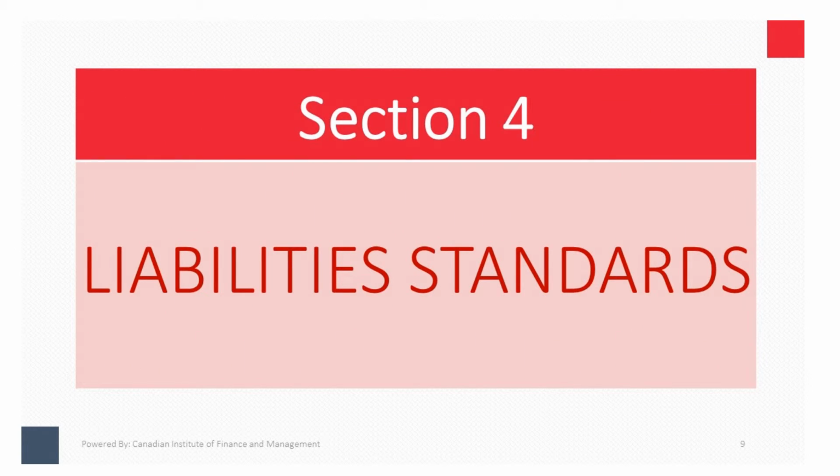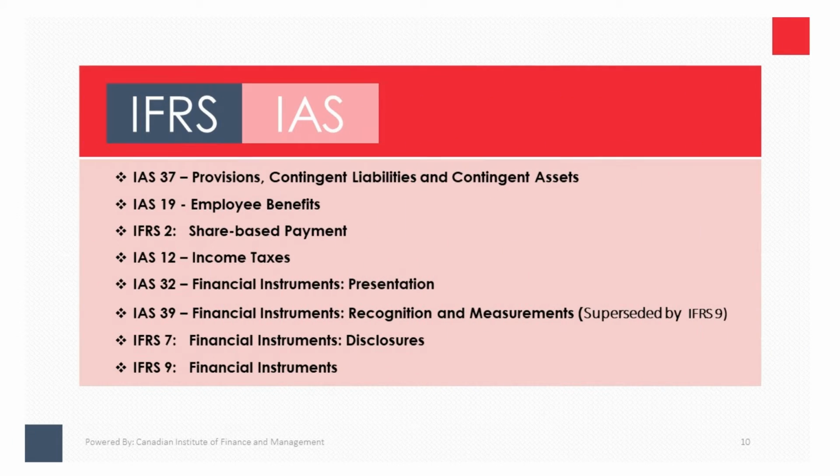Section 4, Liabilities Standards. The topics covered in this section are as follows: IAS 37, Provisions, Contingent Liabilities and Contingent Assets, IAS 19, Employee Benefits, IFRS 2, Share-Based Payment,